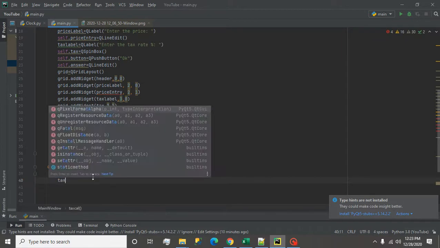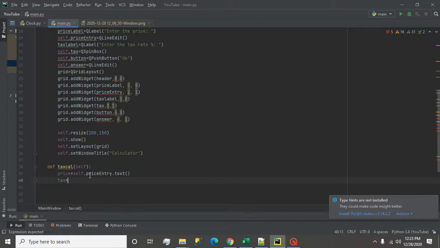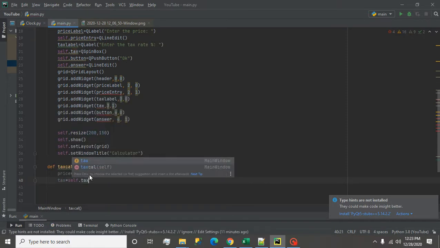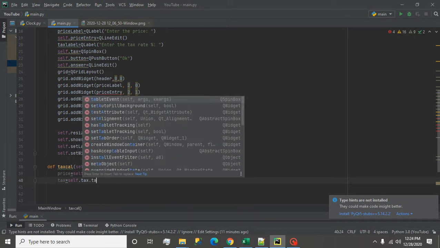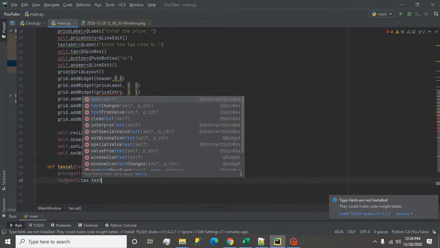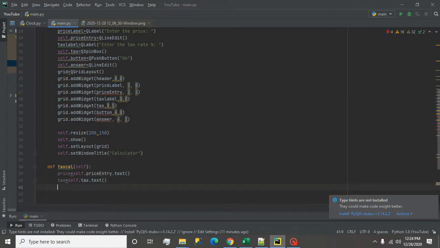Again, I allocate one text variable, call the text variable which we have created, and from there we want text. Now I create one more variable final, and here I write the formula: price into text divided by 100 plus price.